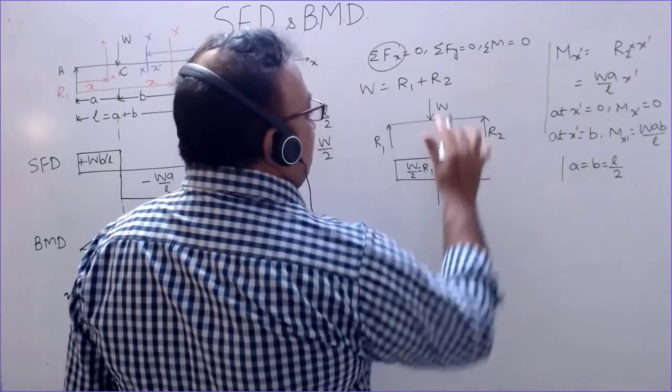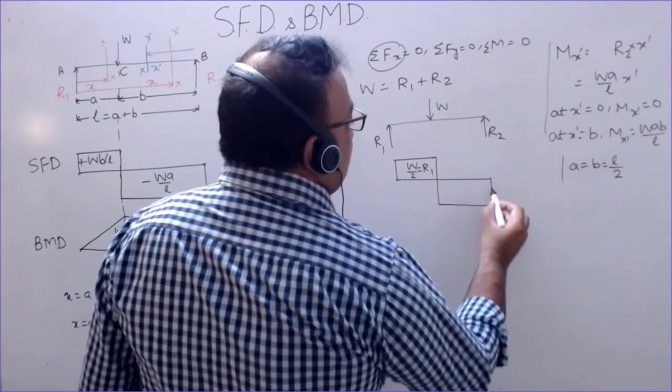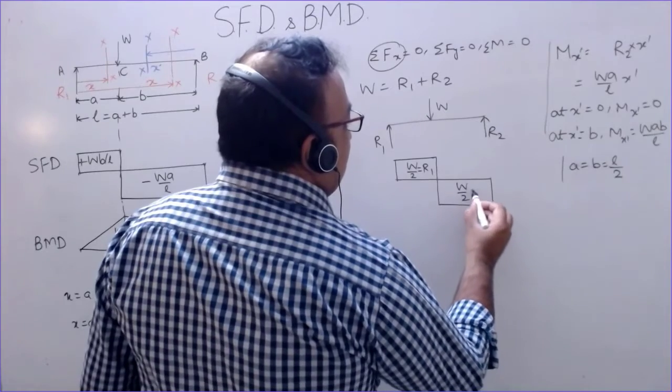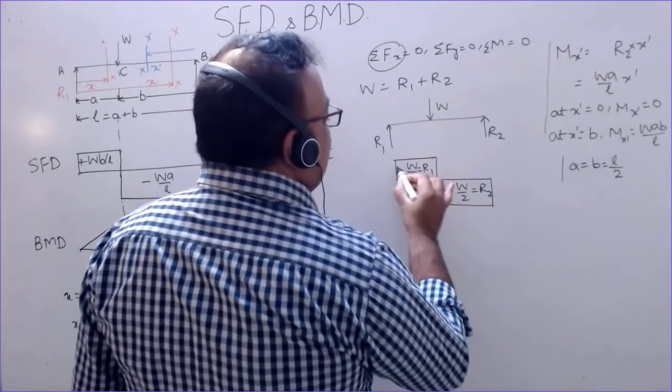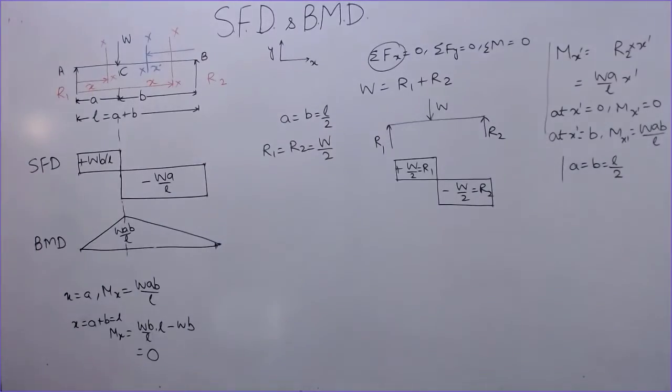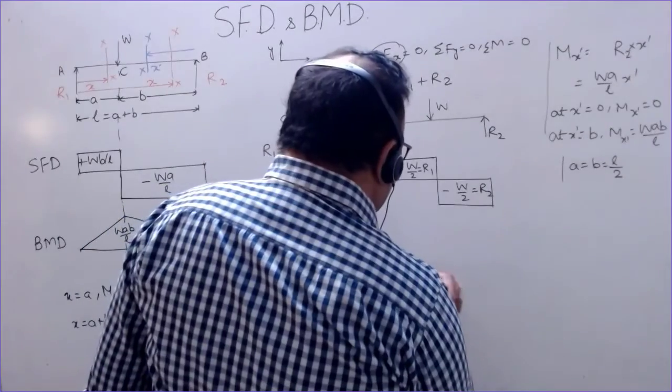and here there is a change in shear force which is equal to W. So here this is W by 2, which is equal to R2. This is minus, this is plus. This is the shear force diagram. And about the bending moment diagram,